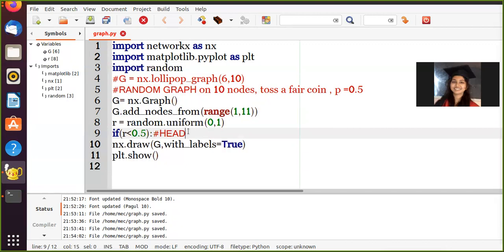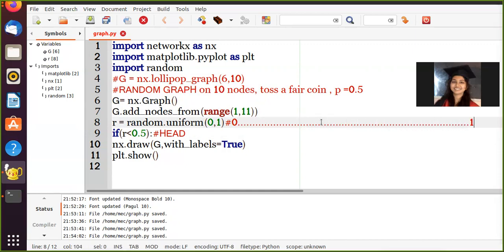Just think about this. What are we doing here? Assume there is a number line, and there is this zero, and then there are lots of real numbers, which are actually infinite, and then there is this one. I'm randomly choosing a number from 0 to 1, right? And if this number is less than 0.5, I say that it is a head. Somewhere in the middle you will have the point 0.5. If the random number generated lies here, what is the probability that it lies here?